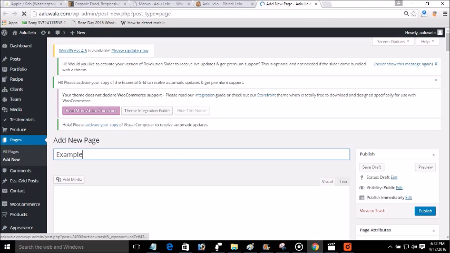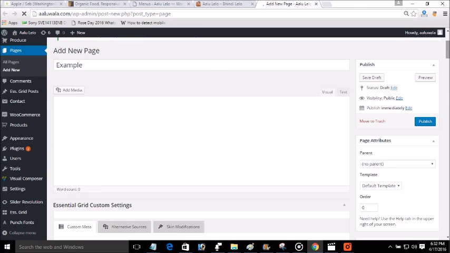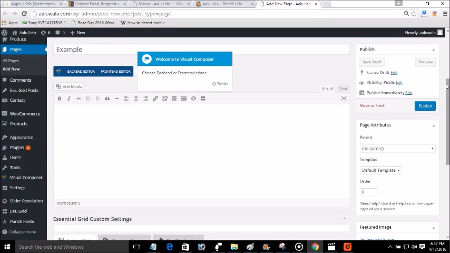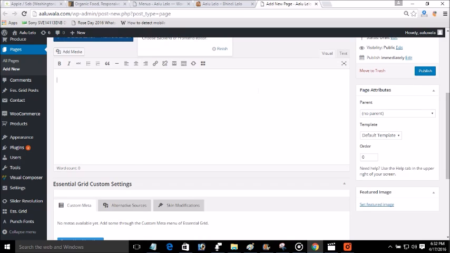And I have placed some short codes over here which we will talk about later, because that's quite complicated, because these themes work on short codes. If I want to show a slider here, I will place the slider short code here, and if I want to place the categories or the products, how many products in a row, everything you will define in a short code, which we will discuss later.